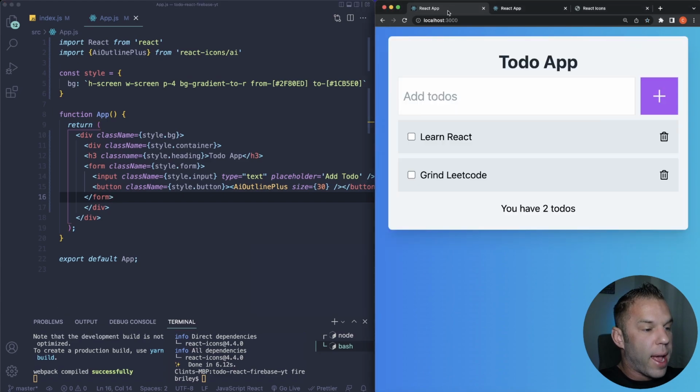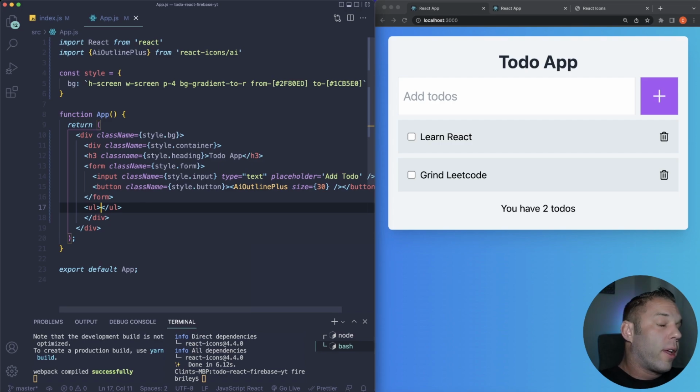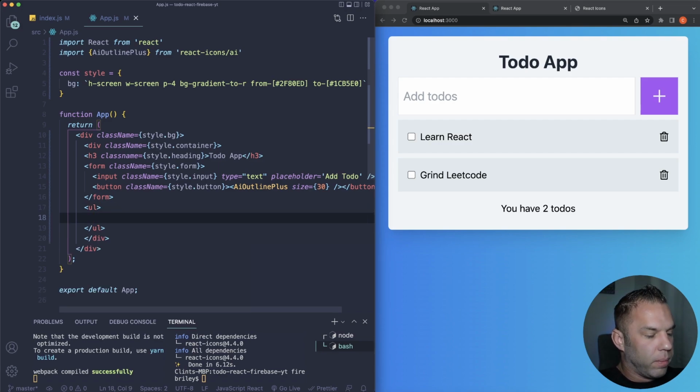So after we have the button, that concludes our form. And now what we're going to have is our unordered list here, and then we're going to have our list items. So let's go right beneath our form here. We're going to have an unordered list there, and the unordered list does not really need any styling. And then we're going to have some list items. Now, the way we're going to lay this out, we're actually going to have another component here